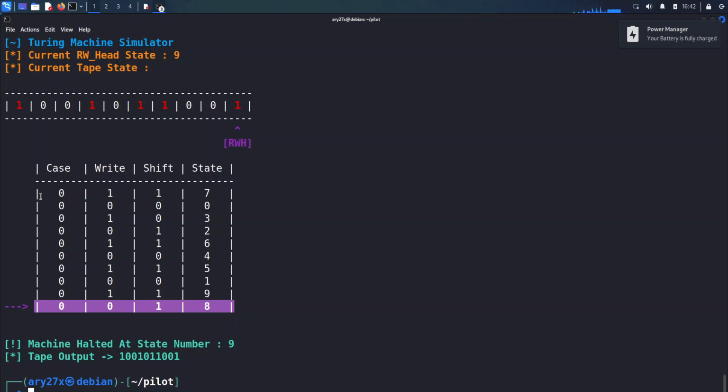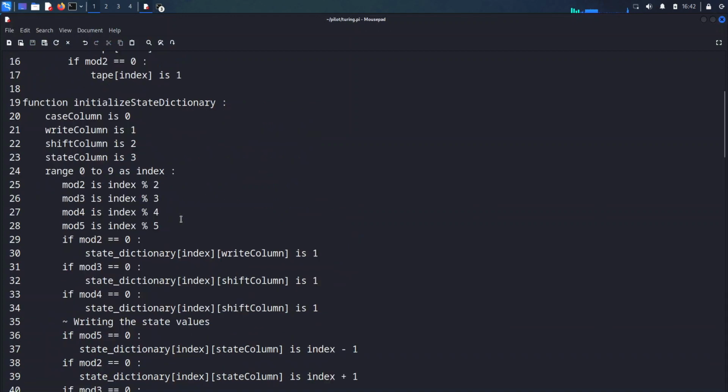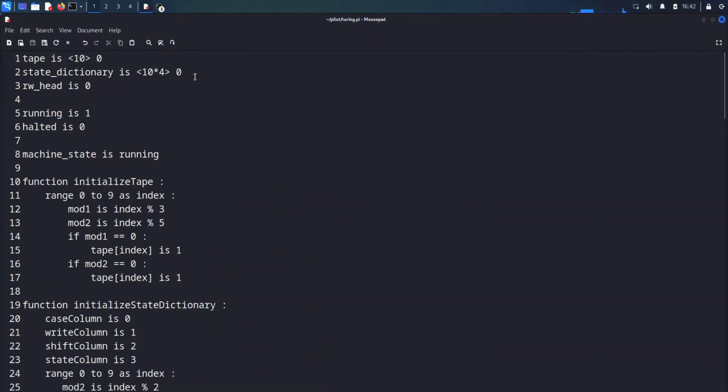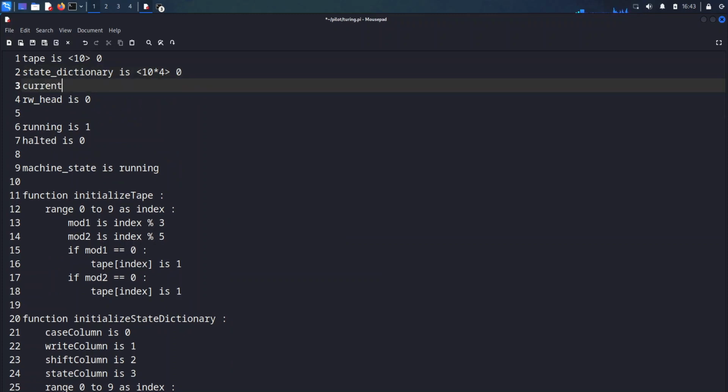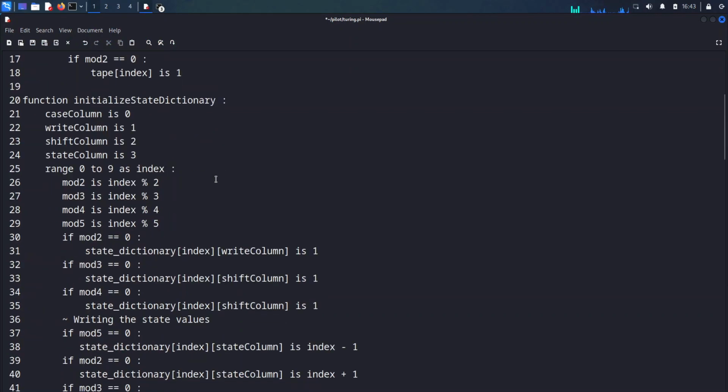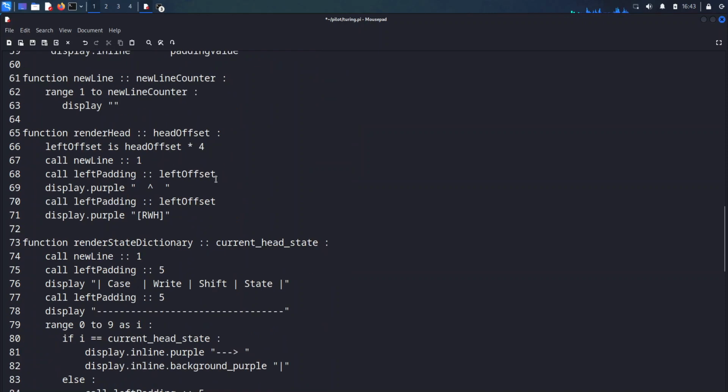Now we gotta implement the case thing, right? Because what's the point of writing if you're not implementing that? So whatever. Yeah, we want to have a global variable. Let's call it current dictionary, and let's let this be equal to 0. Read out of 0, right? Cool. We read out of 0, and